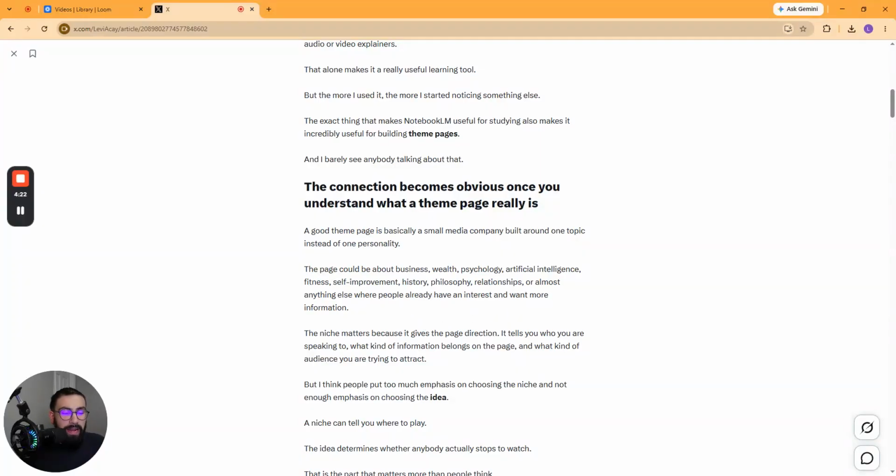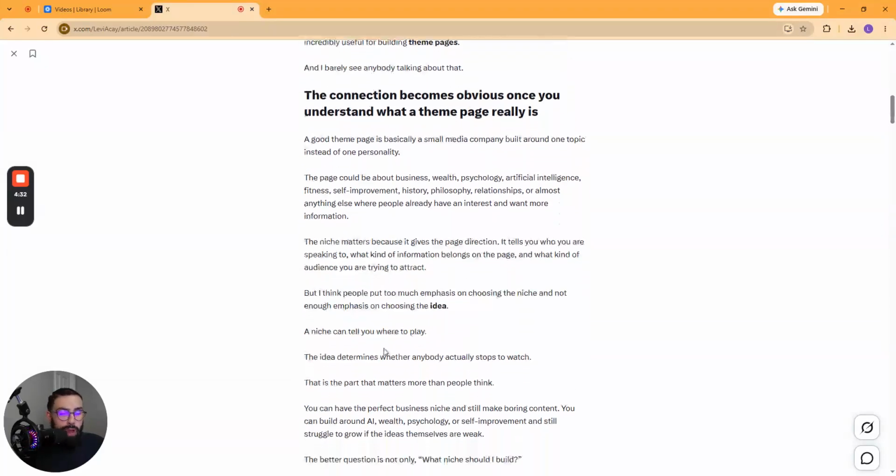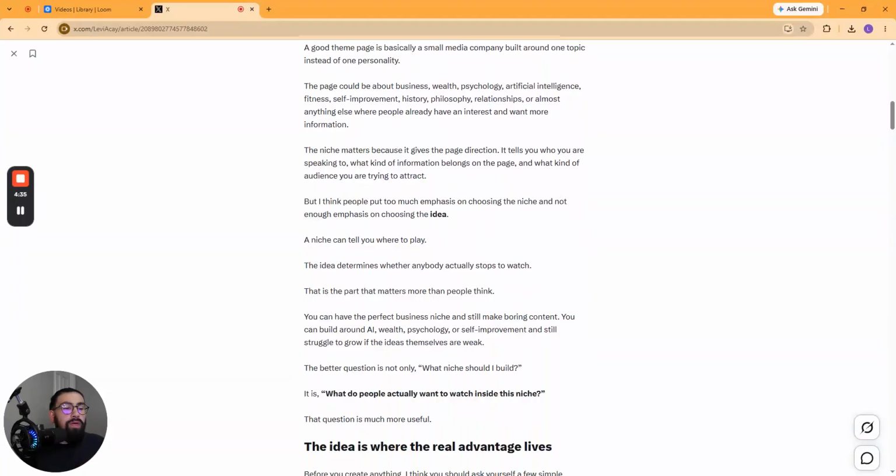The niche matters because it gives the page direction. It tells you who you're speaking to and what kind of information belongs on the page and what kind of audience you are trying to attract. But I think people put too much emphasis on choosing the niche and not enough emphasis on choosing the idea. You see, a niche can tell you where to play, but the idea determines whether anybody actually stops to watch. You can have the perfect business niche and still make boring content. You can build around AI or wealth or psychology or self improvement and still struggle to grow if your ideas